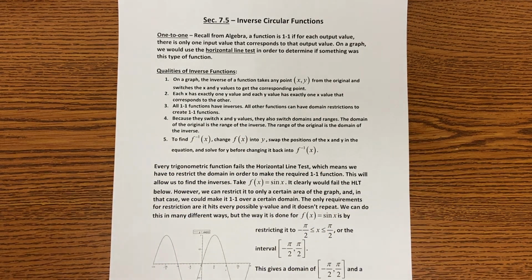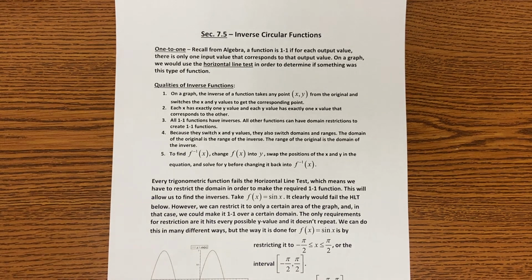We're doing 7.5 in Math 1316 or 2412, pre-cal or trig, inverse circular functions. So inverse functions inherently, in order for a function type to have an inverse, it has to be one-to-one. So in order for a function to be one-to-one,